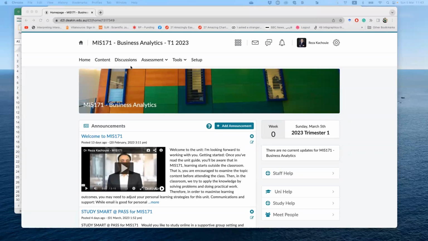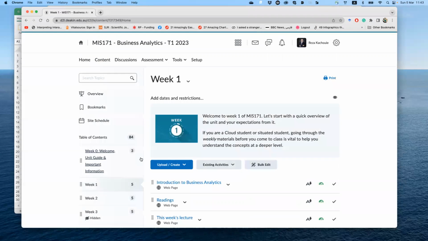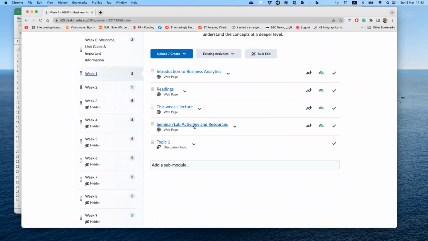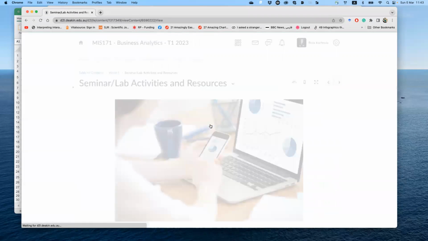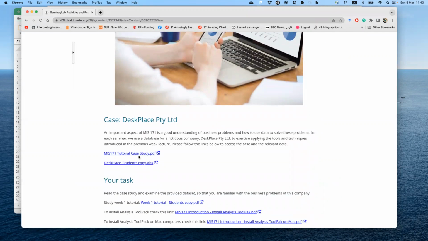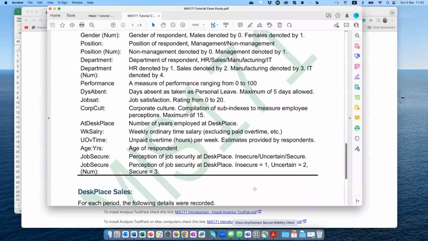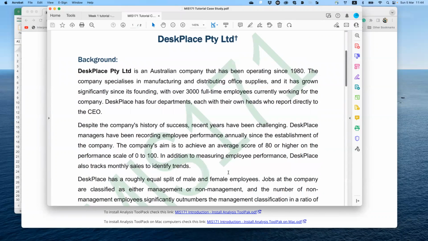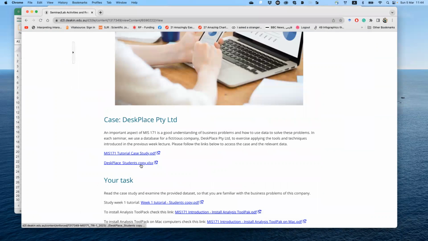To access your case study, you need to go to the unit website, the main page, then go to content, then scroll down to week 1, and after going to week 1 content, you can go to the seminar lab activities and resources. You can see all the relevant information about this case study. The PDF guide, which I have downloaded already. This is the PDF file explaining the case study, and also an Excel file with all of the relevant